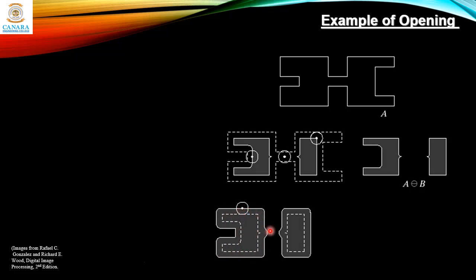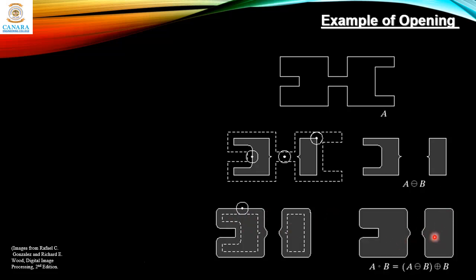It will just extend the object, and this will be the result of opening. So this object A, after opening, looks like this. So this bridge has been eliminated from input to output. You just observe the difference.